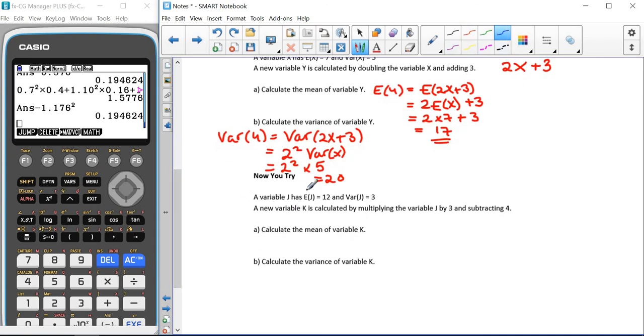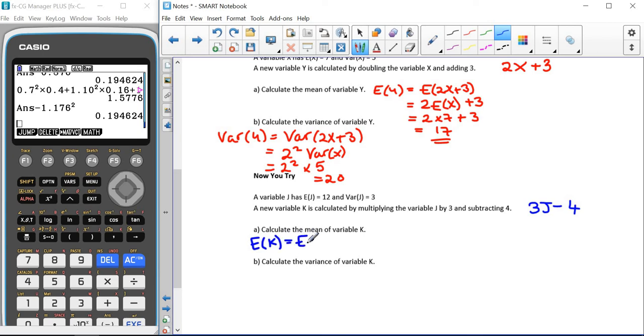So for our Now You Try, we've got j this time, so the expectation of j is 12, the variance of j is 3, and we're making a new variable k, which is done by multiplying j by 3 and subtracting 4. So that means that k is 3j minus 4. So when we're trying to find the mean of k,